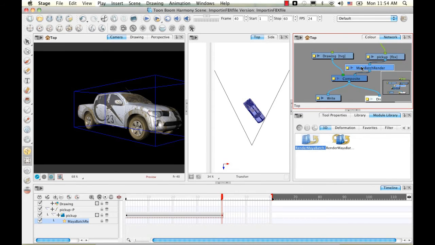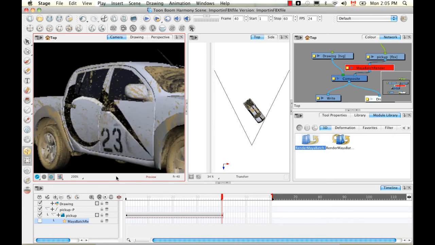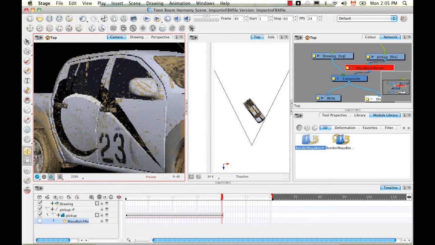So let's disable the Maya batch render for a minute by hitting the keyboard shortcut D. And you can see right away that there was a dramatic change in the render view mode. The lighting changed immediately, and that's because any of the lighting that was associated with this file can no longer be seen. Also, let's zoom in a little bit here by using the number 2. You can see that these black lines, or even the outline of the 3D object, is very